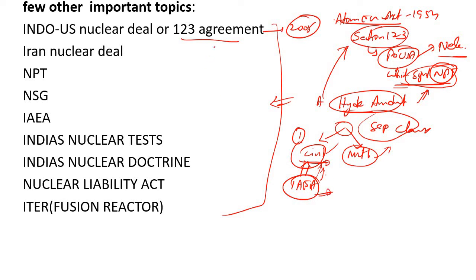Okay, so this is the 123 agreement. Some other clauses are also there, but I am just giving an introduction. We'll discuss each and everything in detail in the next class. Okay, the Iran nuclear deal. I already told you, because 20,000 centrifuges are there, and they are at a stage that